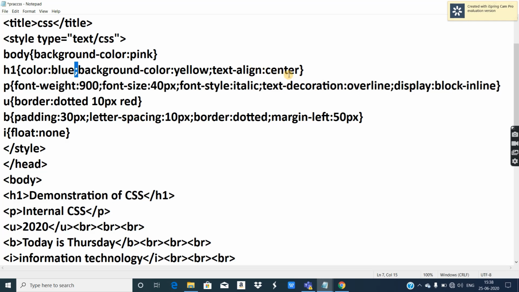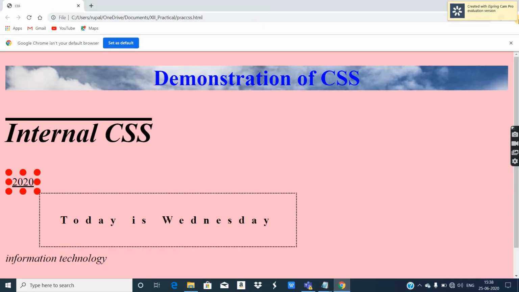That's why most of the books follow semicolon at the end of every declaration. Okay, and every declaration is made of a property and a value. This is a property, fixed property, which CSS has given us and we have to use them. Okay, yes, so let's see. I saved the file and I'll refresh, and we want to see yellow background color.